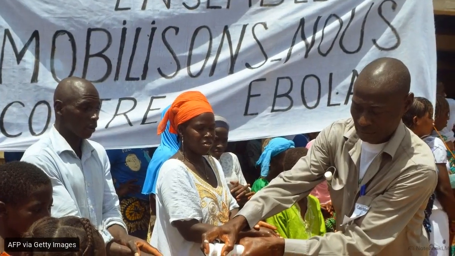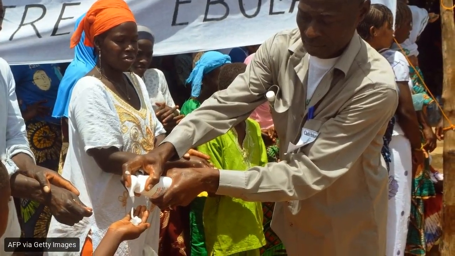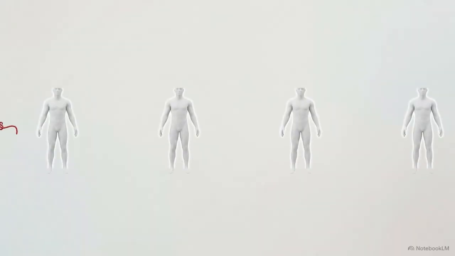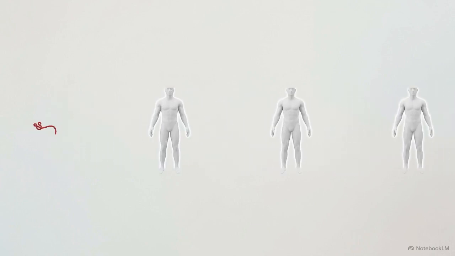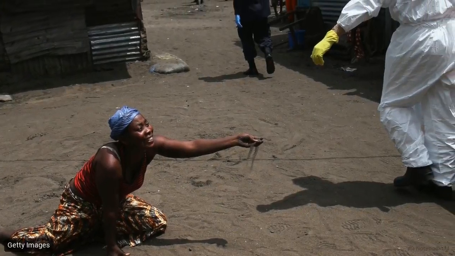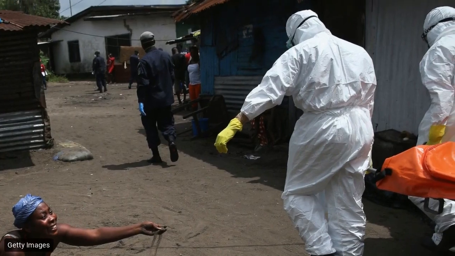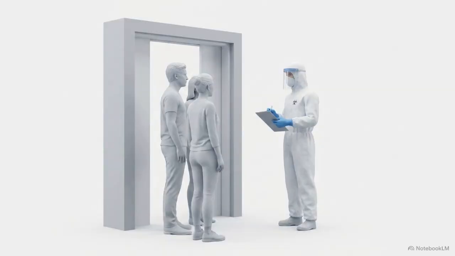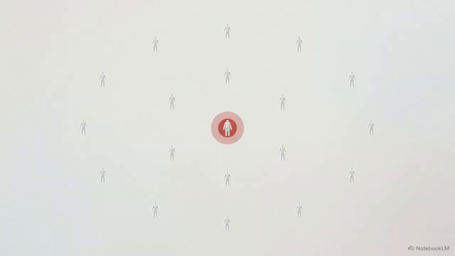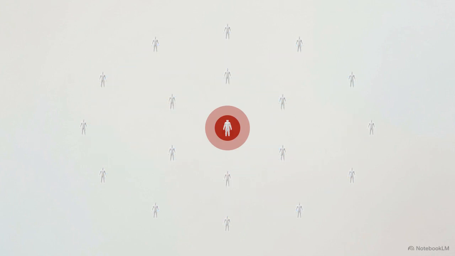Defense begins at the grassroots level. Local hygiene protocols, like frequent hand washing and avoiding physical contact with the sick, form a barrier that stops the virus from jumping to the next person. These protocols rely on community trust. Education allows families to understand why safe medical interventions are necessary, helping them transition from hiding symptoms to seeking professional help. Individual compliance with safety practices is a powerful tool. When a community follows these protocols, they can effectively halt the momentum of the virus at the local level.